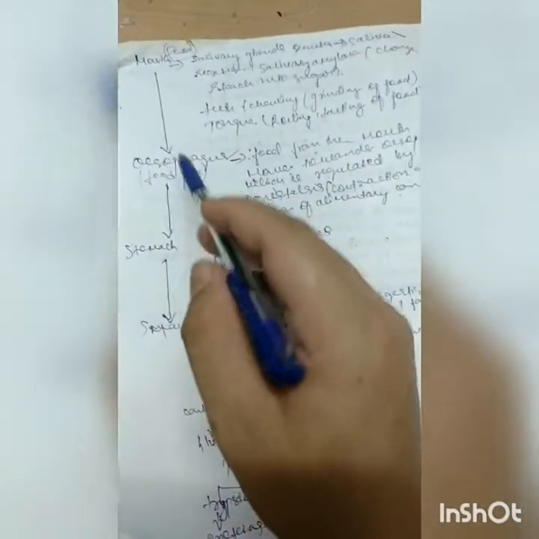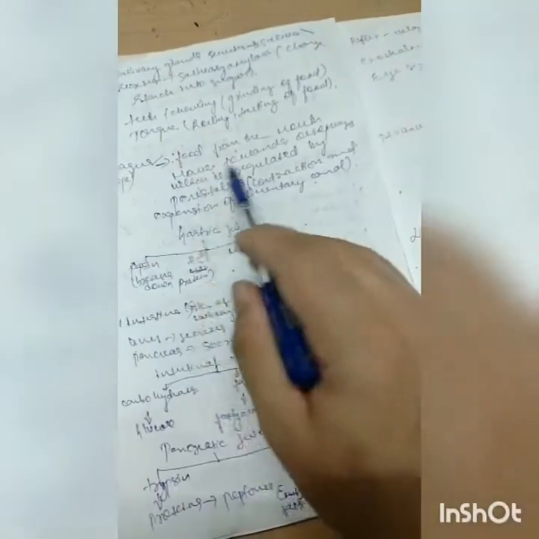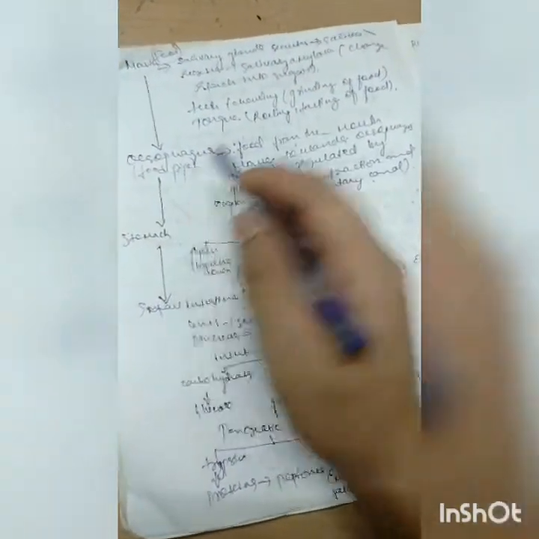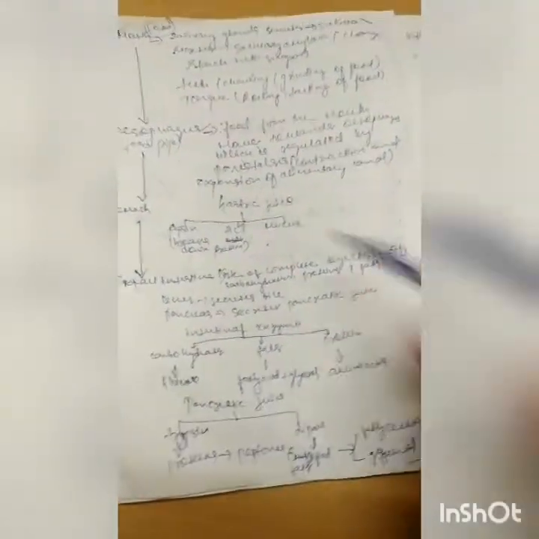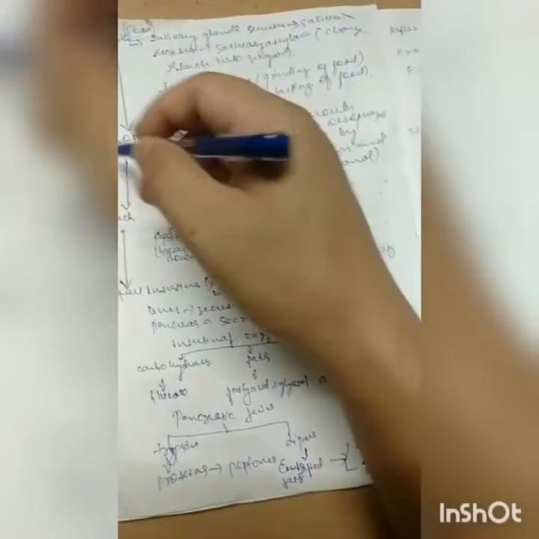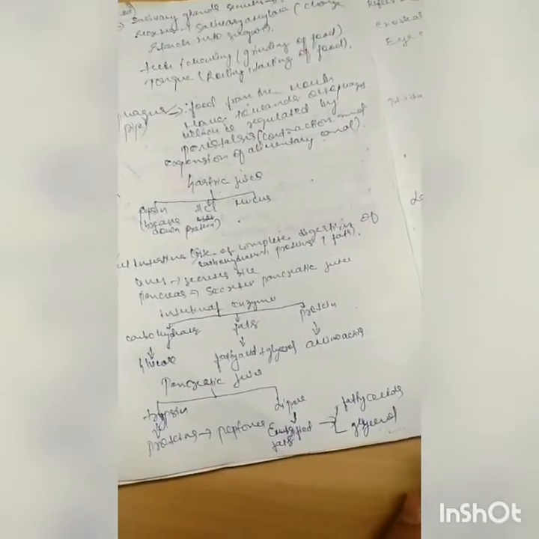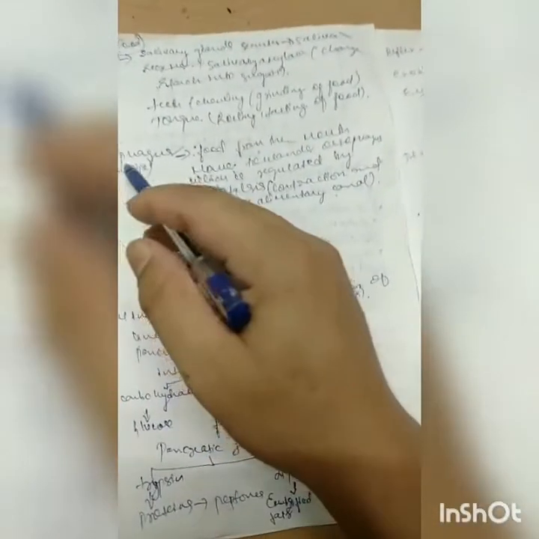And from the mouth, the food will go down to the esophagus. It is a food pipe, and the going down through the food pipe is regulated by peristalsis. There are peristaltic movements in the esophagus. Because of that, the food goes down. Imagine, why does the food not go upward? Why is it not regurgitating back? Why is it going down? It's because of peristalsis that the food goes